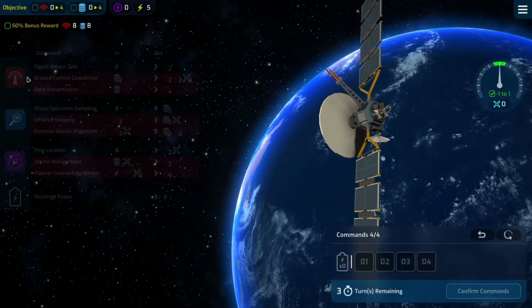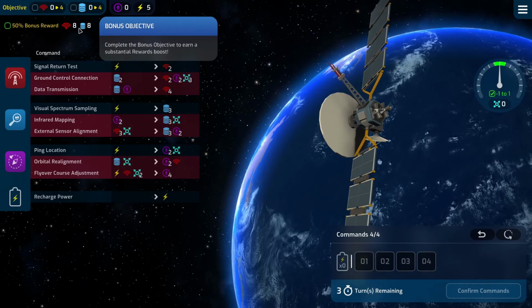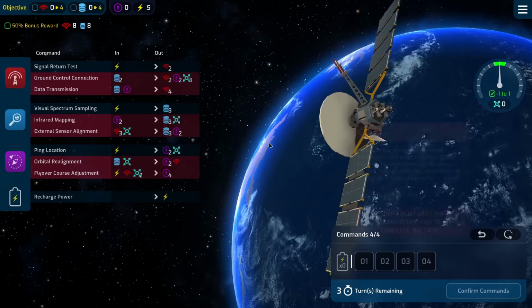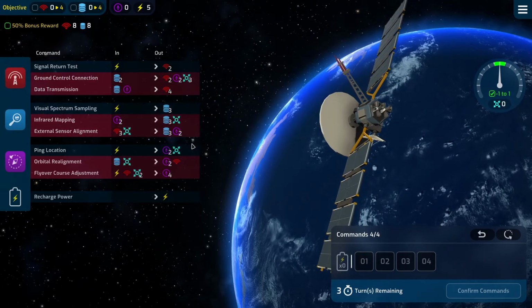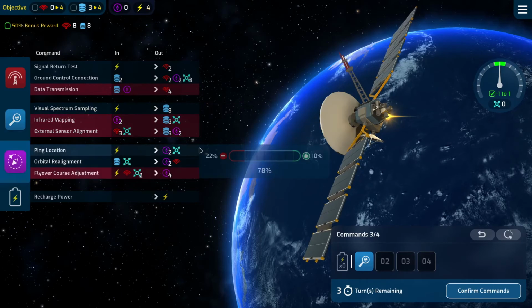Okay, so deploy the satellite. So we need 4 comms, 4 data. We need to get, for the bonus, 8 comms, 8 data. We've got navigation and power. So what can we do? Oh, and we need to keep the drift between -1 and 1. Okay, so we need to get some resources. So if we turn some power into comms,